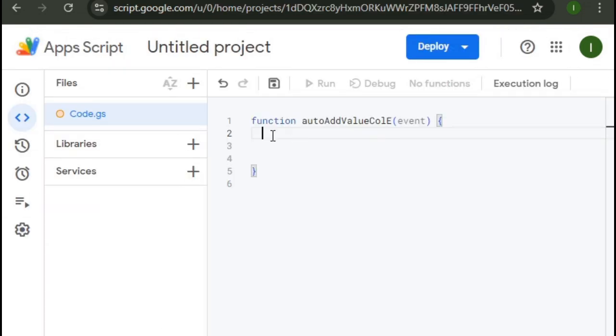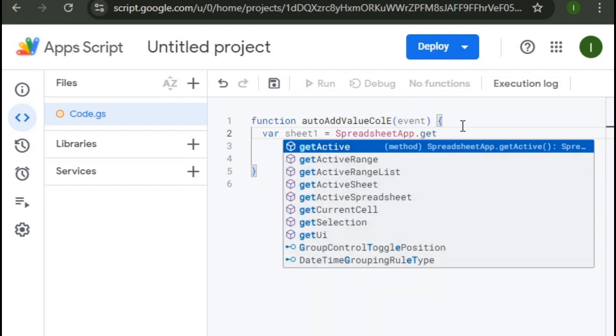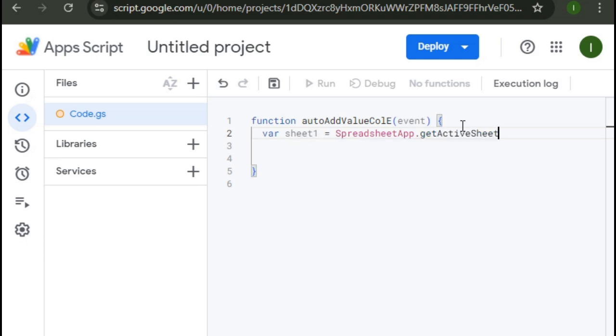So going back to this original function written in JavaScript, what we want to do is be able to add the number 0 into the E column every time we add a new row. So for this, we need to first of all declare the actual sheet. So we just call it var sheet1 equals, and then we just need to specify the SpreadsheetApp object like that. SpreadsheetApp, and we need to get the active sheet, which is this one here, like that. So this is how we get the active sheet, the one that we're actually editing in currently,